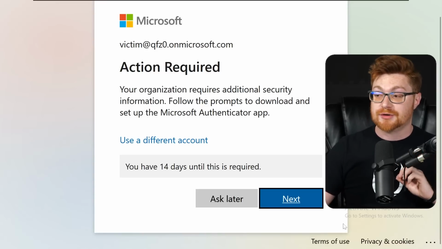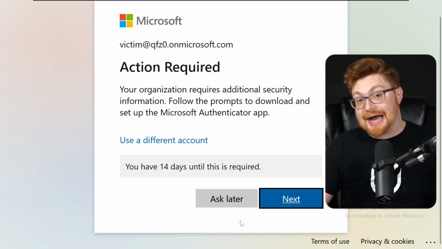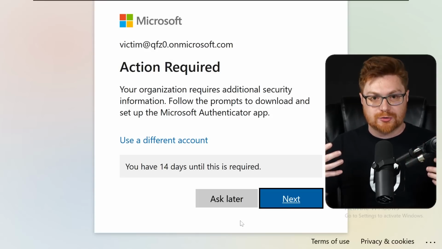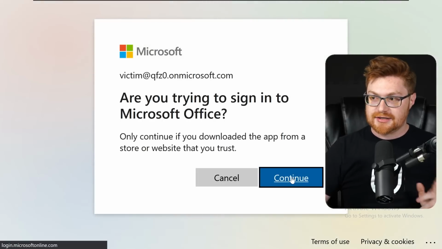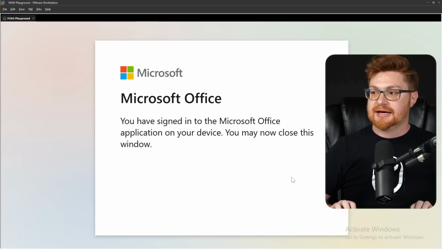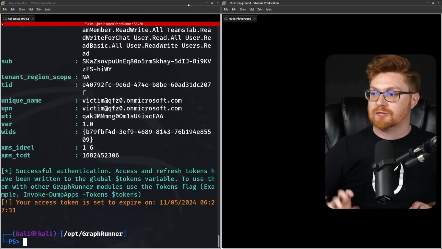We don't need to in this case, but of course, if you actually had MFA set up, it would prompt the user to go through that entire process. Not necessary for just our learning. Yes, we do want to sign in, and now you may very well be able to see over on the